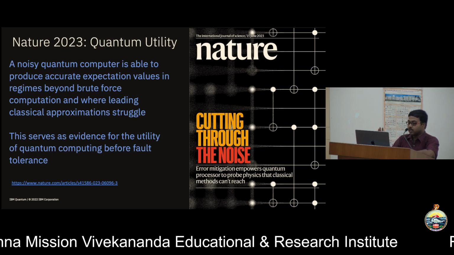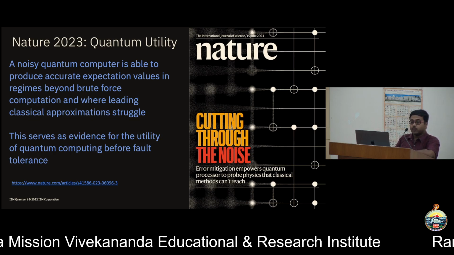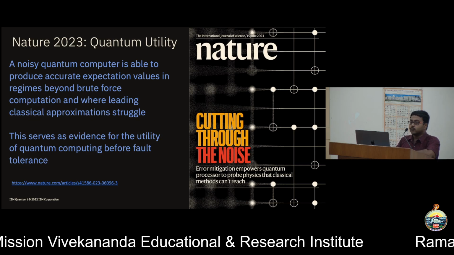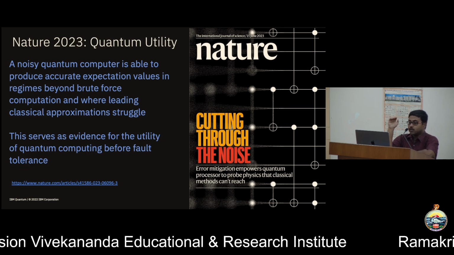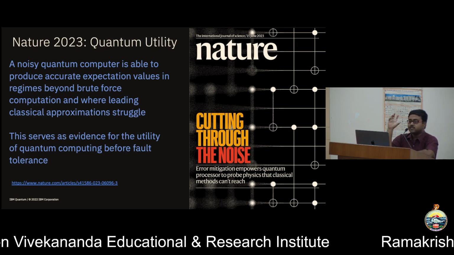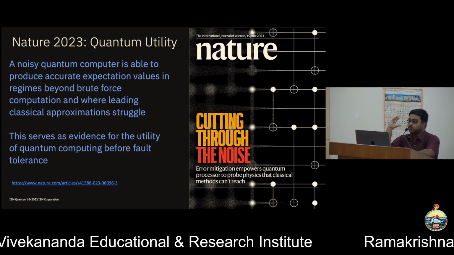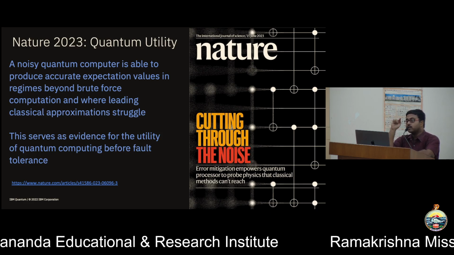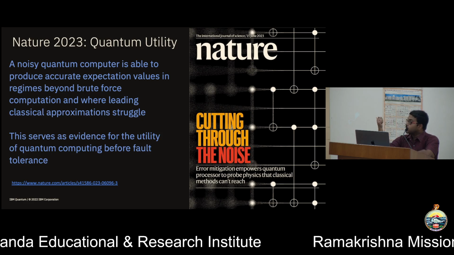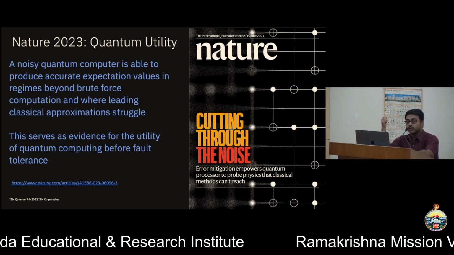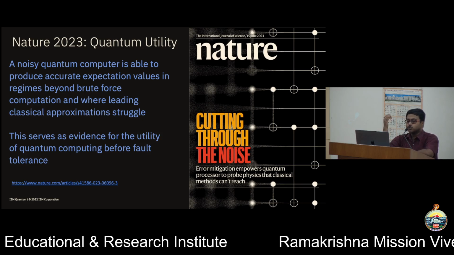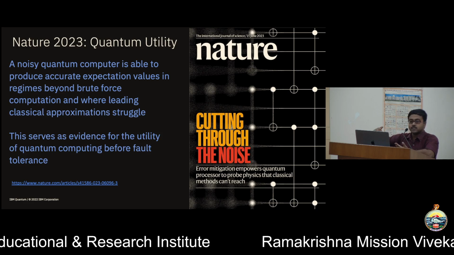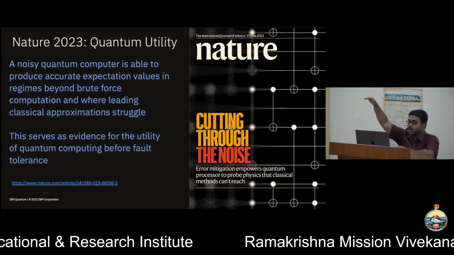If you are using this type of laptop, what a classical system can do is up to 32. If you are using the best GPUs and everything, what they have been able to show is that you can go up to 50 or at most 60 qubits. Here they showed you can do more than 120 qubits, and the results showed that no brute force classical computation can reach anywhere near.